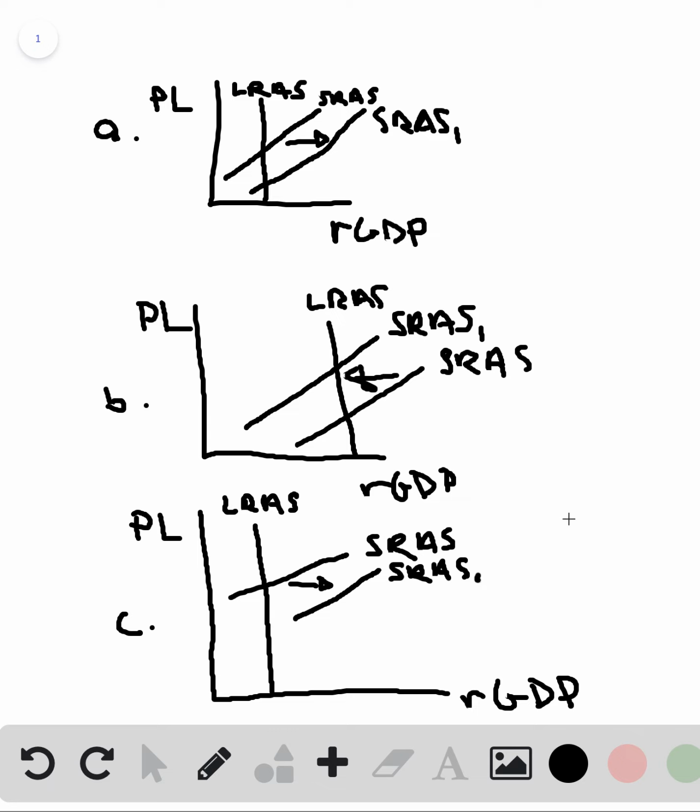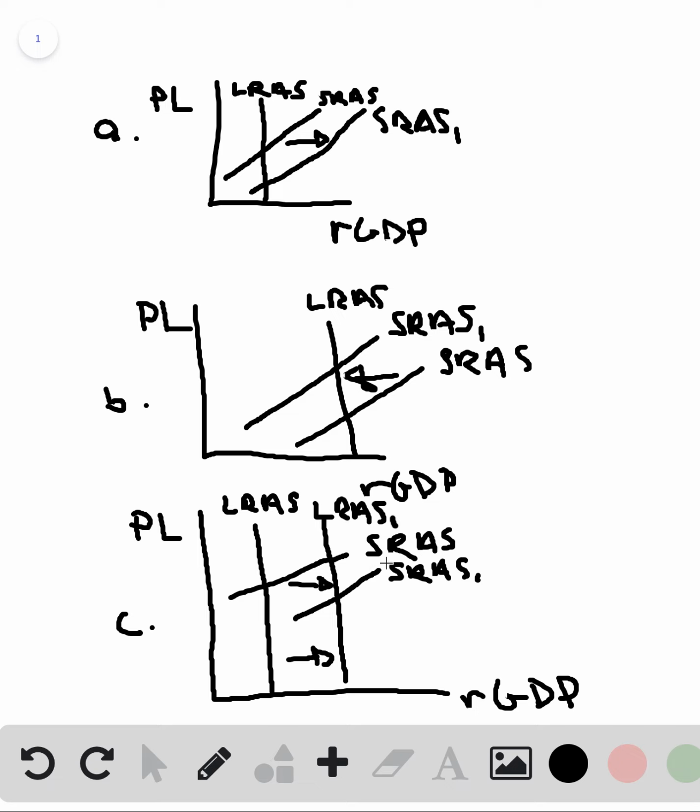Because if we have more technology now, we can make more in the short run, which means that we're able to produce more output. And then in the long run, we also have a shift in the long run aggregate supply curves. So we get LRAS1 because a positive technical change also influences your long run aggregate supply and will cause an increase in your